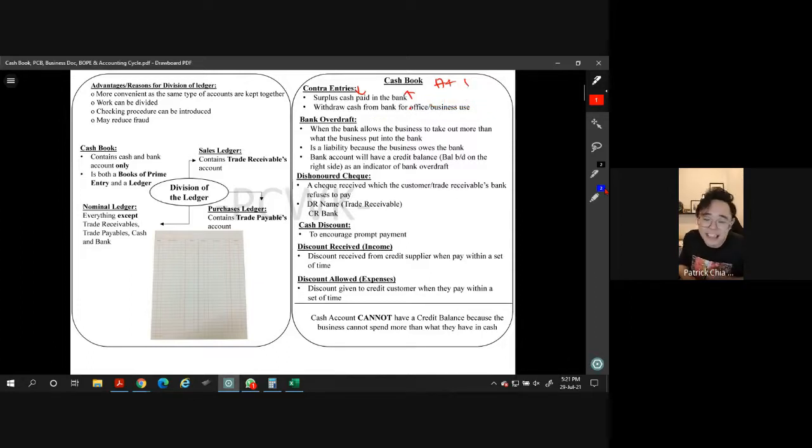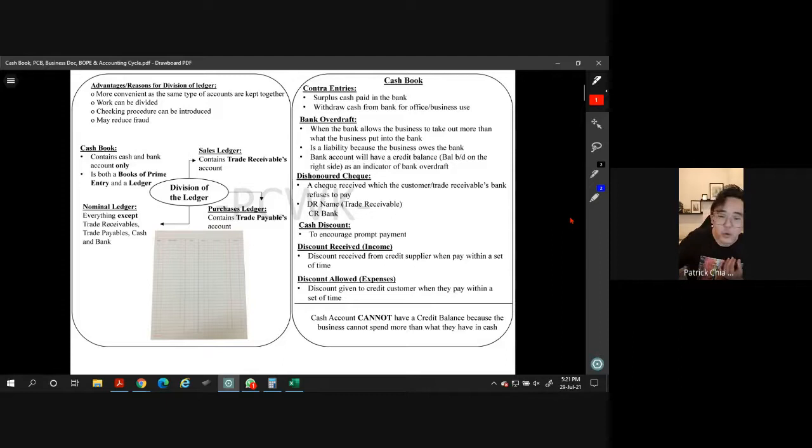And then the next thing will be dishonored check. A lot of people don't know how to do dishonored check, correct or not? Okay, so what is dishonored check again? It's the check being rejected. So one thing that you must understand for dishonored check is, in order for the check to be rejected, something must happen first. So what must happen first? We must receive the check first. You must always remember dishonored check is a check that we receive. In our syllabus, guys, dishonored check only applies when we receive the check.